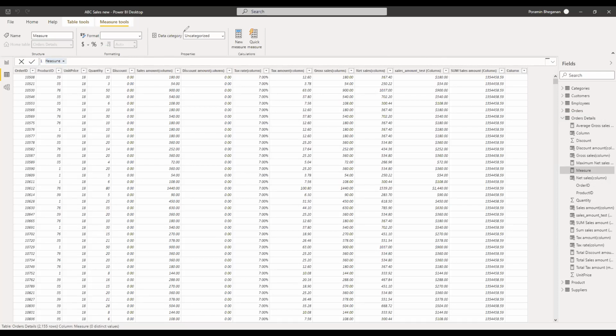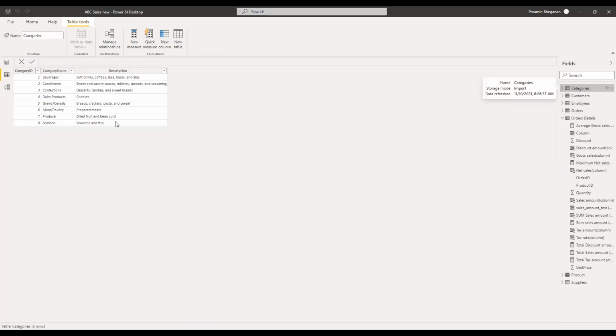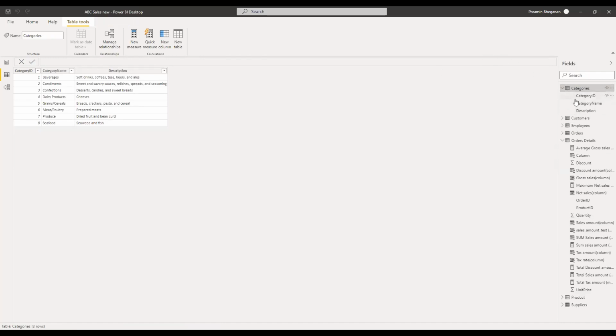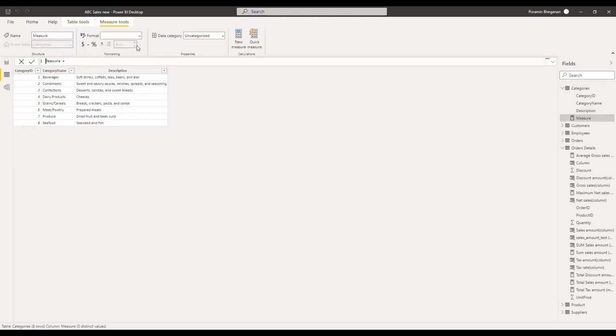By the way, if you say that you don't like it and you want it to be in a table that doesn't have many fields so that you will not mix up, I just see, oh, I found that the categories table has just three columns only. Then I'll put the measure here, so when I display the categories table it doesn't get messy. So I can create a new measure here, and if I want to find the sum of the